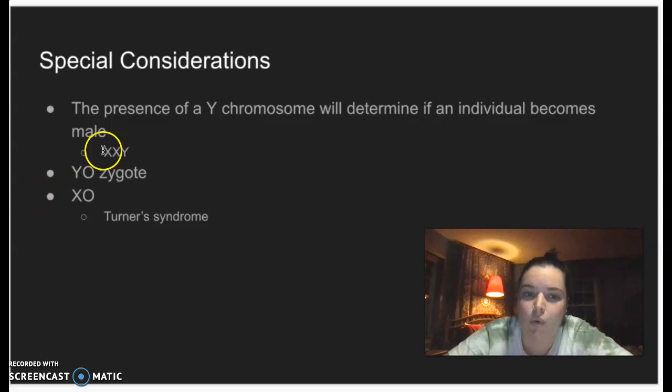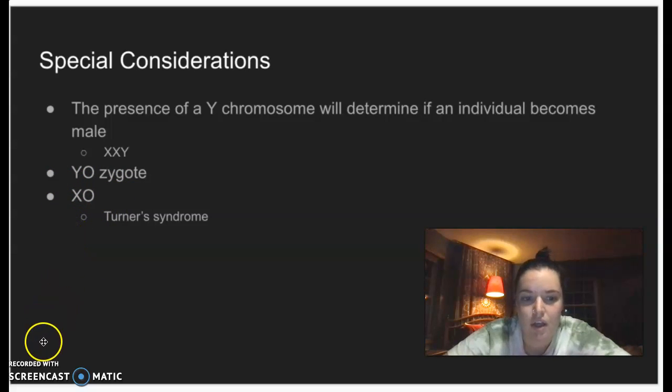There's also a YO zygote. This is when there's no X chromosome in the zygote and actually results in the zygote dying because the larger X chromosome has essential genes on it that the Y chromosome does not, so it will not be able to survive. There's also something called an XO chromosome